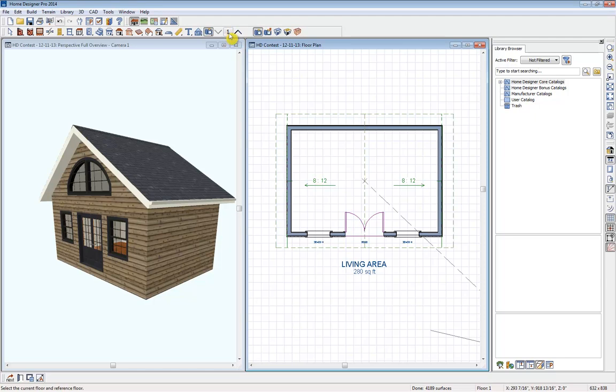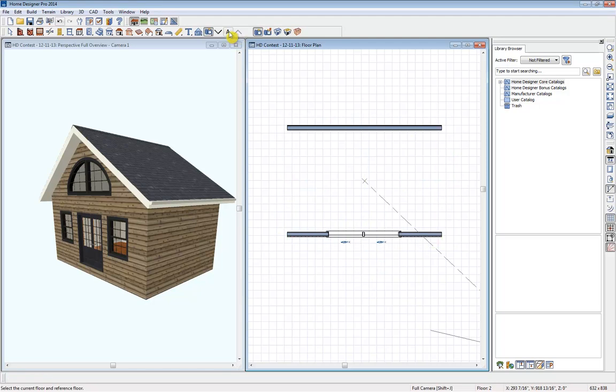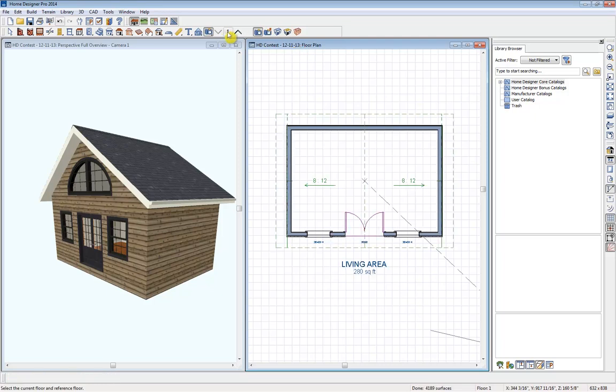So the number up top here represents the floor we're on. So we're on floor 1. If we go up, we'll see A for attic. And I'm going to multi-select just by holding down Control on my keyboard again, and then center those. We have snap options that you can control, and I have those turned on so it just snaps to the center. Alright, so now that we have our windows in place, I'm going to go back down to my first floor